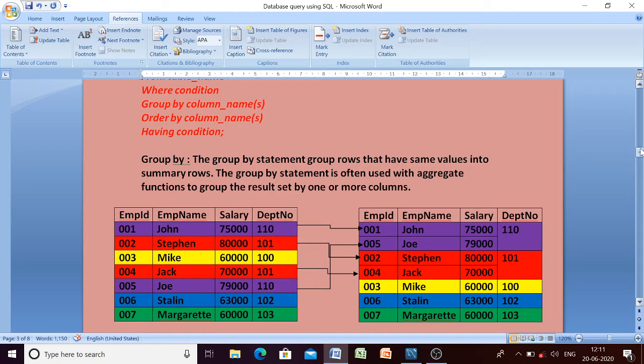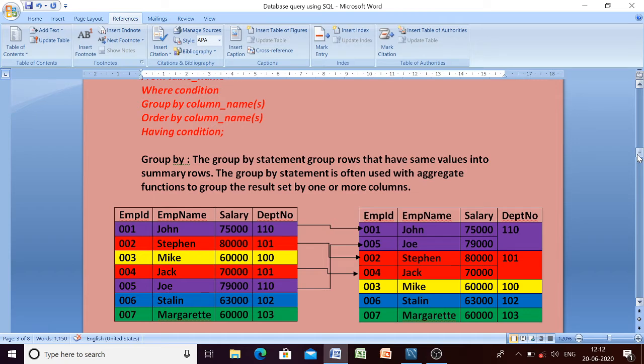For example, after you enter the class, I told you to choose your seat as per your choice. Then it is very obvious that you would like to sit along with your friends with whom your mentality matches or your likes and dislikes match. Okay. So similarly, we are grouping some records on the basis of their similarities, and for that purpose, group by clause is used. So basically, it combines the rows that have same values into summary rows. Okay, and it is often used with aggregate functions.